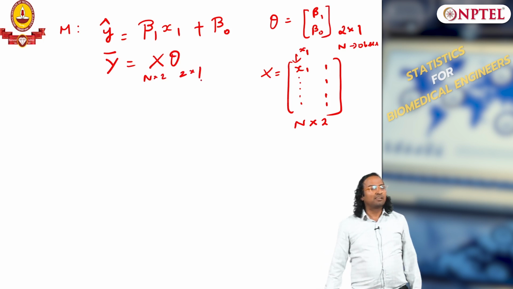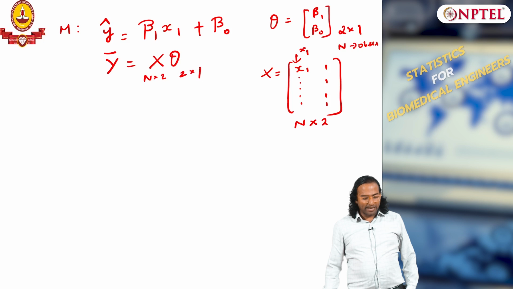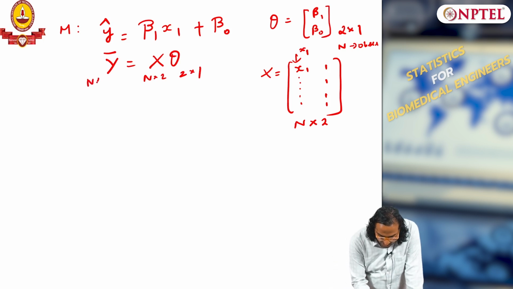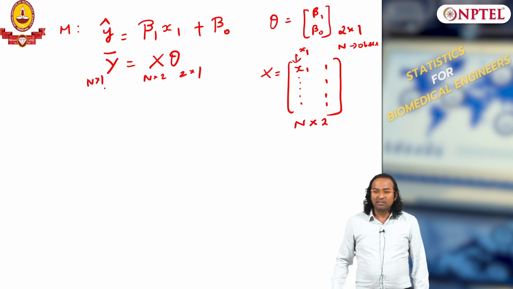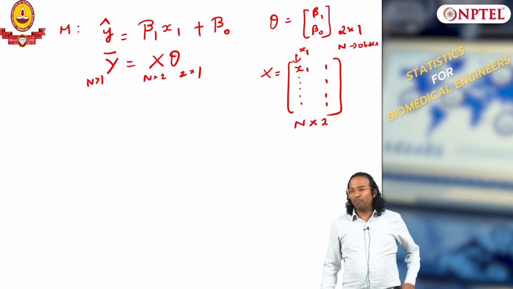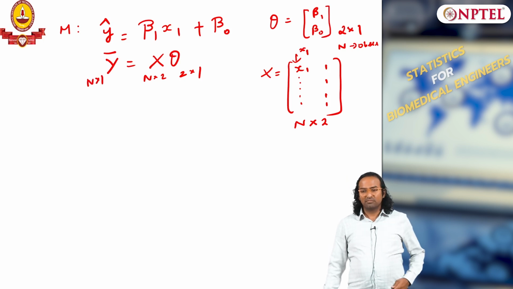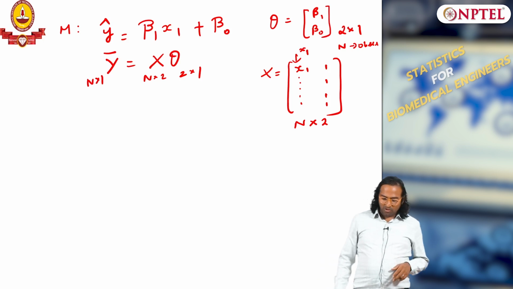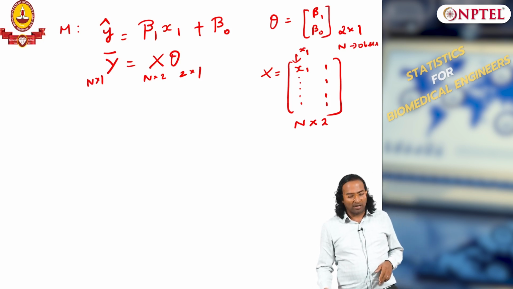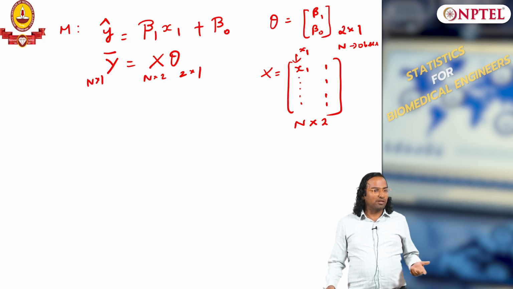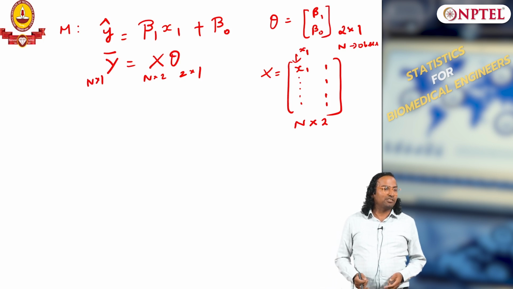So, that is n cross 1, y hat is going to be n cross 1. This is in a compact matrix form, right, make sense. Okay. So, you understand why I have written the numerical value 1 n times,